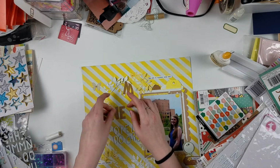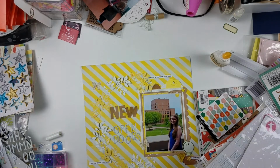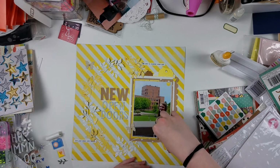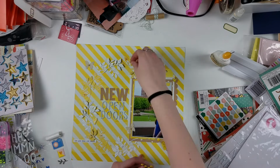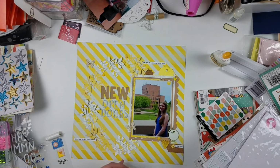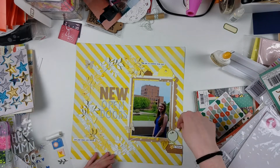And I will add a couple more embellishments, including some enamel dots, and I use yellow ones from Freckled Fawn, and a couple different colored ones, I think just white. I don't think I end up using the black ones from Studio Calico. I also picked those up at the Black Friday sale, which were a great deal, and they also come with stars, which is really, really cute. But other than that, this layout's